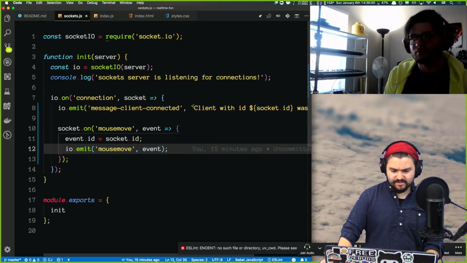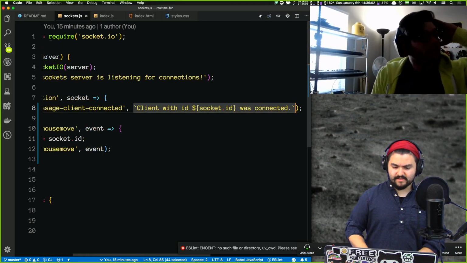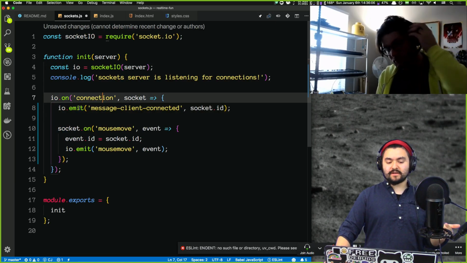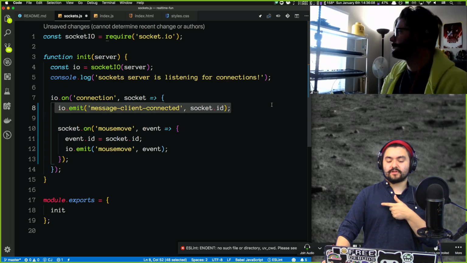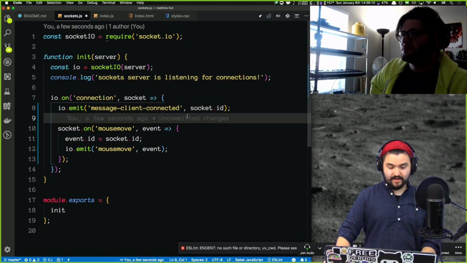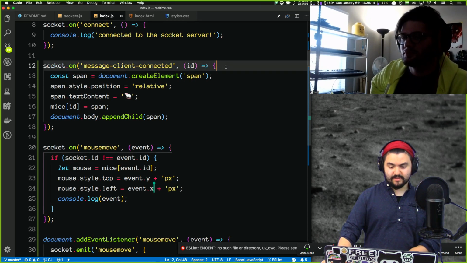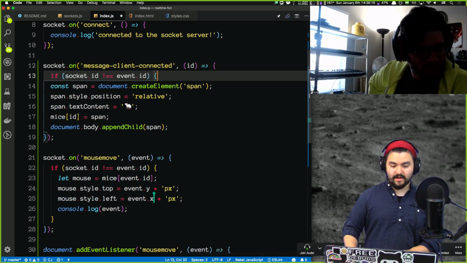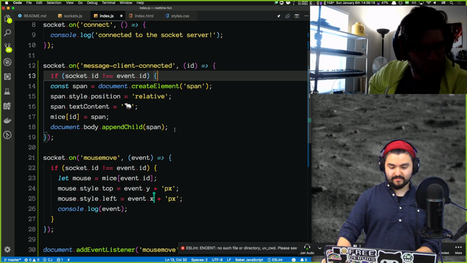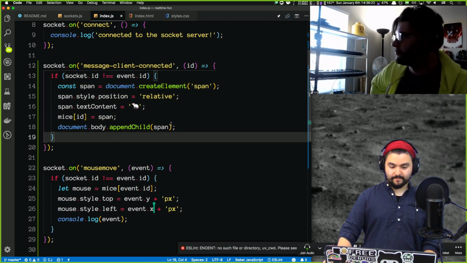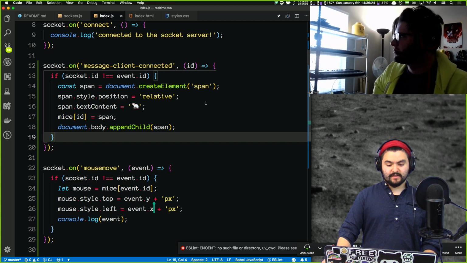So our message client connected, we're just going to pass in socket.id. So when someone connects, we emit to every other client, this ID is the one that connected. I think we want to use that same logic. Like if the ID is our ID, we don't want to add it to the page. Okay. And so now this,